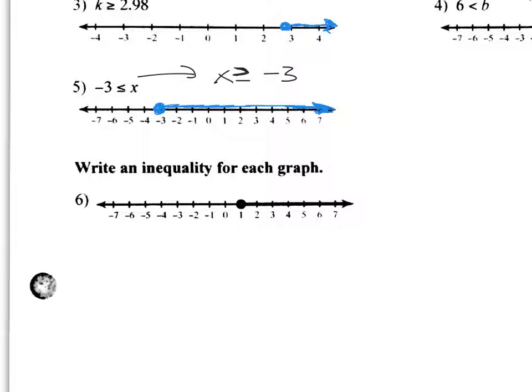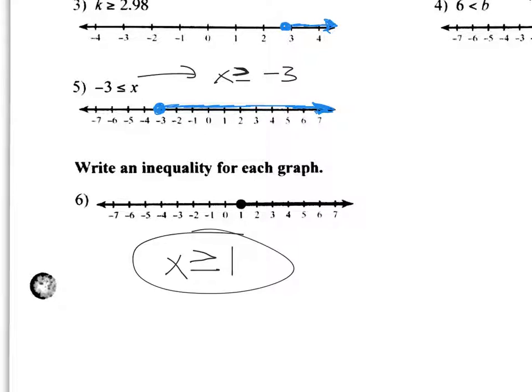Then lastly here I have write an inequality. Okay, so I'm going to use the variable x, and again I'm just going to put my variable on the left side. I see which direction it is shaded. It is shaded to the right, so my inequality symbol needs to point to the right. I look at my circle. It is closed, therefore it is equal to. And then lastly, I look at where the dot is. It's at 1, so I say x is greater than or equal to 1,